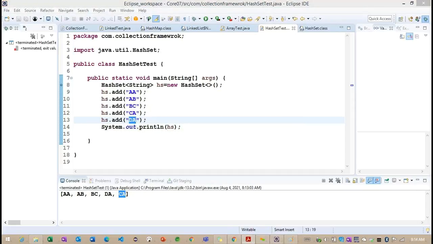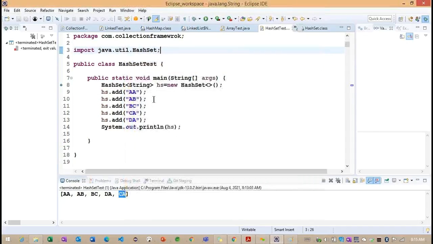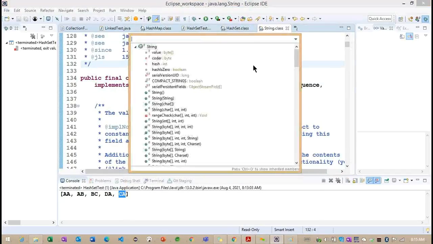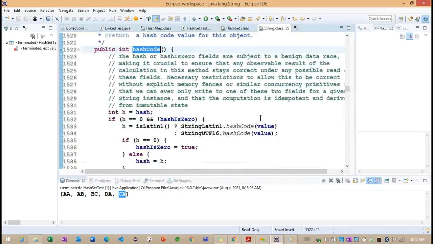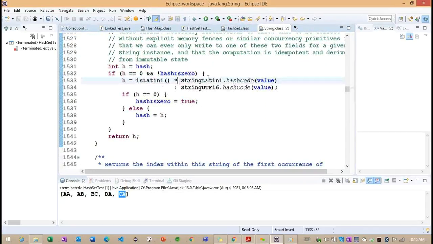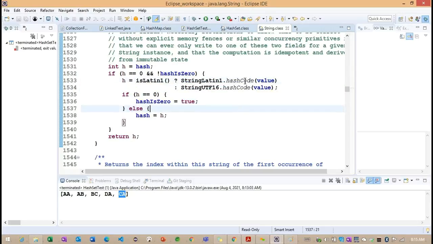Any questions? So hash code, this is very important here. The hash code we already identified in the string class, because the generic type we are using is string here. Based on this particular string Latin or string UTF, the hash codes are going to be generated here.